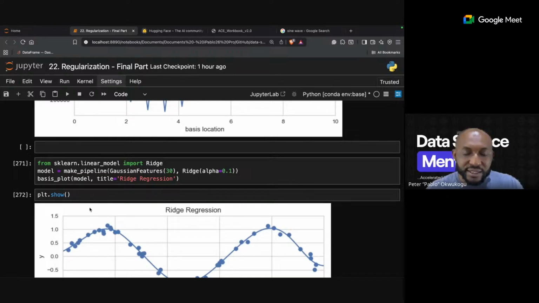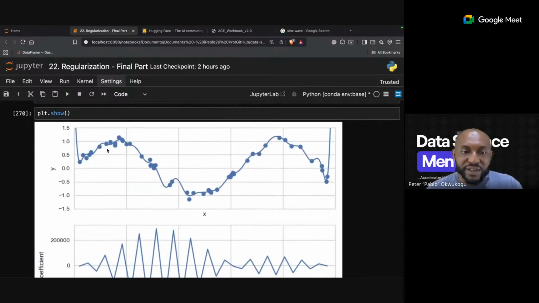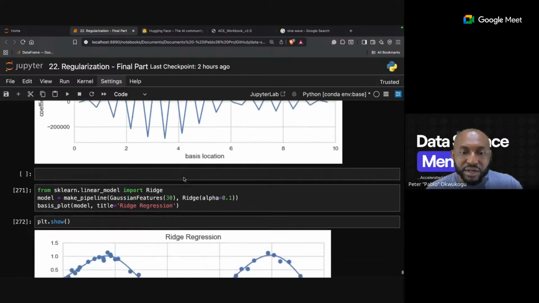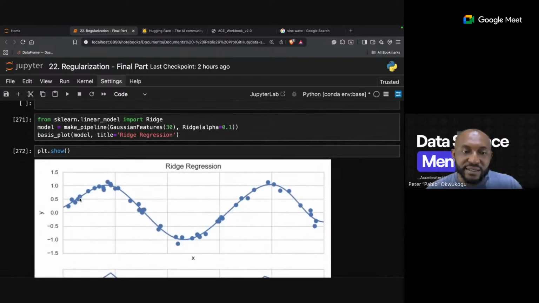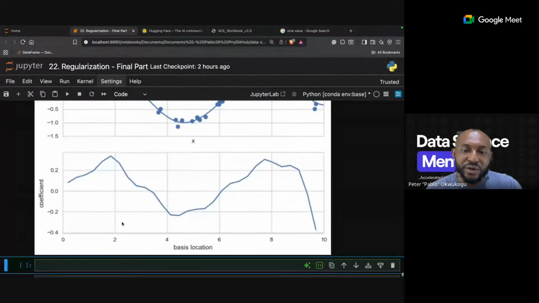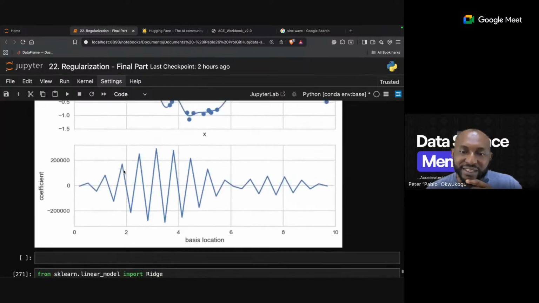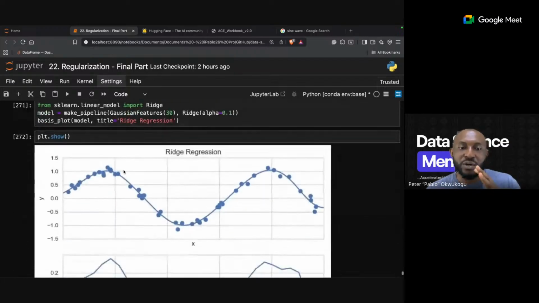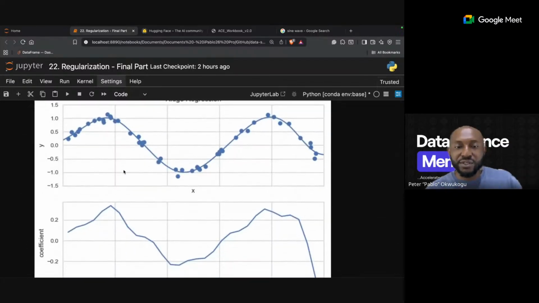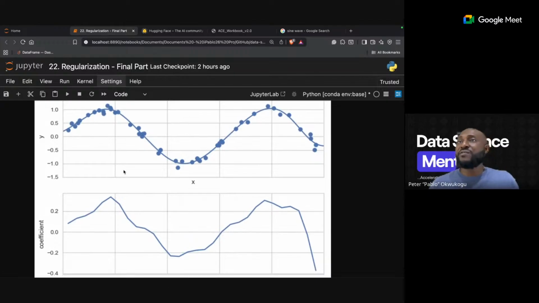Now, with this, you can see over here when it was finding all the curves. But with Ridge, you can see that it's become smoother. And if you look at the way it's assigning coefficients, you can see that it is assigning the coefficient with some responsibility, in a very responsible way, rather than the erratic way you see over here. So that's what regularizations help to do in our model. They create some kind of stability in our model.